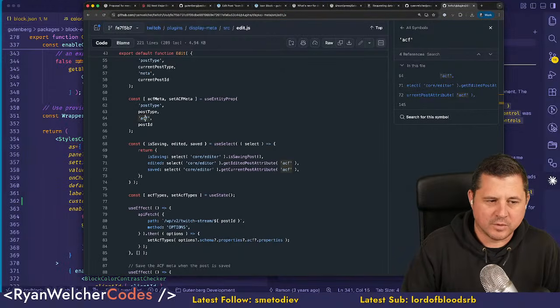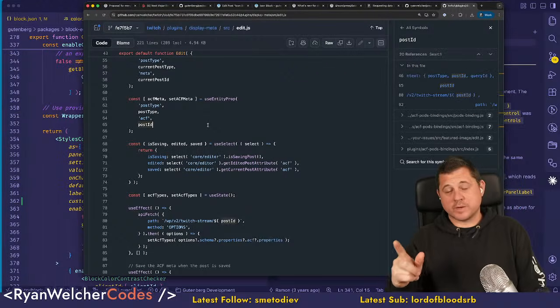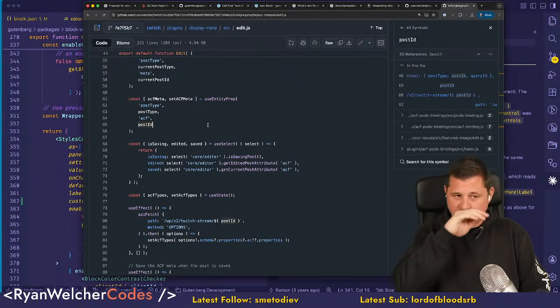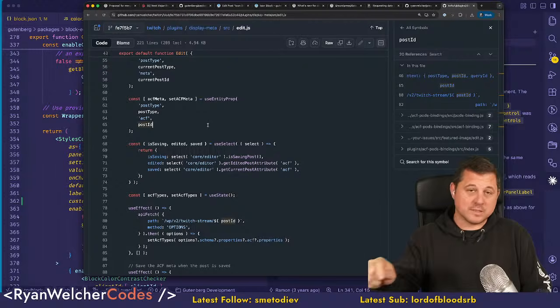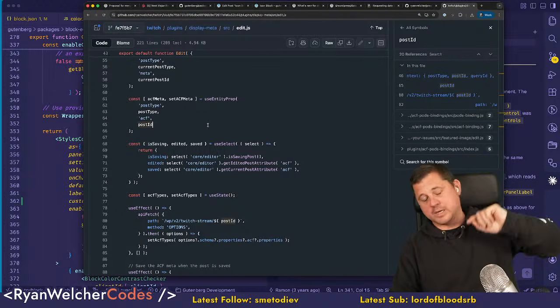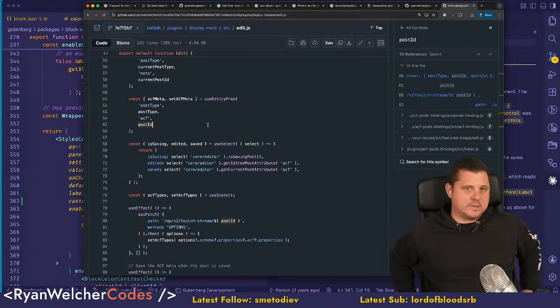This is going to give you the post meta for ACF, but it needs to be exposed to the REST API. I cannot state that enough. If you don't go into your settings and check that box, it will not work. It will not show up in this response. So you could do that, and then what you can actually do is you could do something like